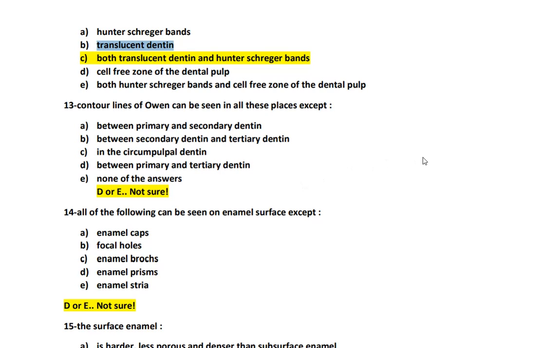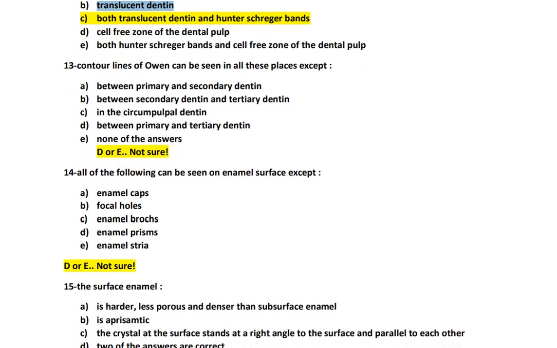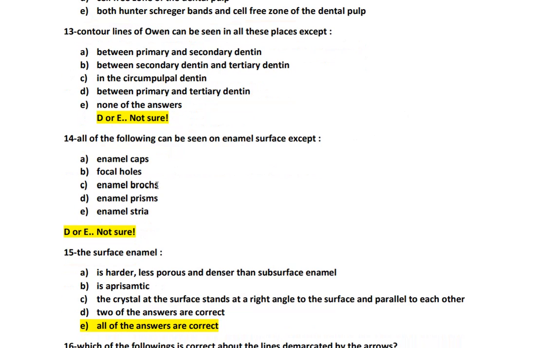All the following can be seen on enamel surface except. هلا الانامل surface فيها caps, holes and brooches كلهم هدول related للانامل surface. والانامل striae اللي هم striae of Retzius. هلا لما نوصل cusp tips والincisal edges last 25 to 30 striae of Retzius ما بوصل cusp tips والincisal edges ولكن في lateral border of the enamel cervical area of the enamel striae of Retzius رح يوصلوا الانامل surface رح يشكلوا لي perikymata grooves and perikymata ridges.